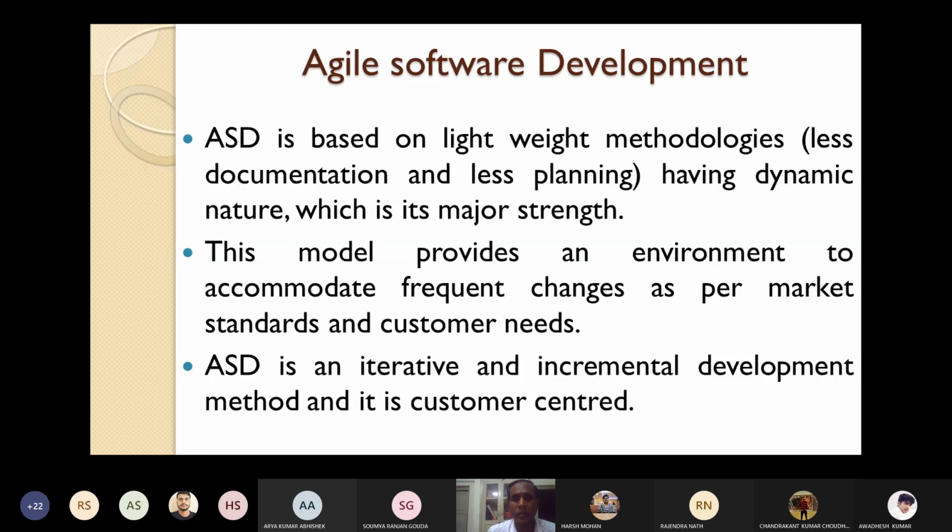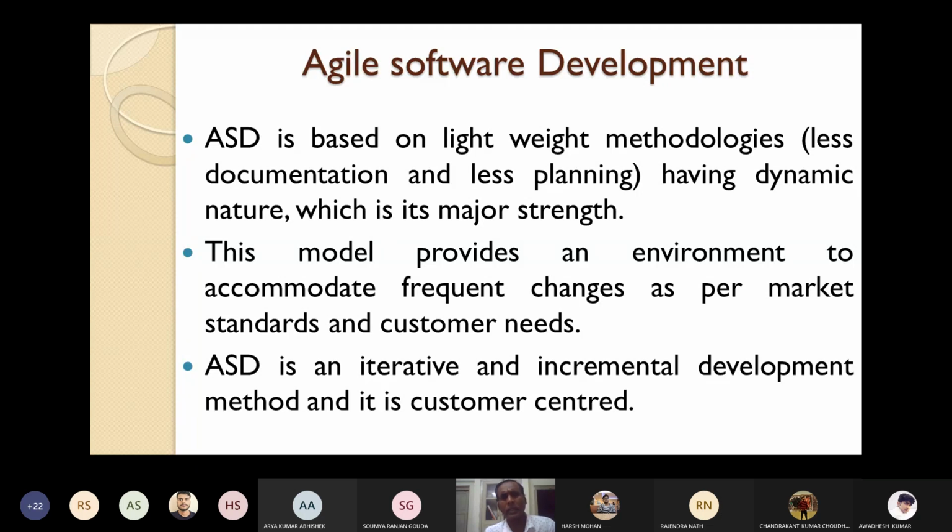This agile software development model is an iterative and incremental development method. I hope you already know the iterative software development model and the incremental software development model. So ASD combines the features of both.